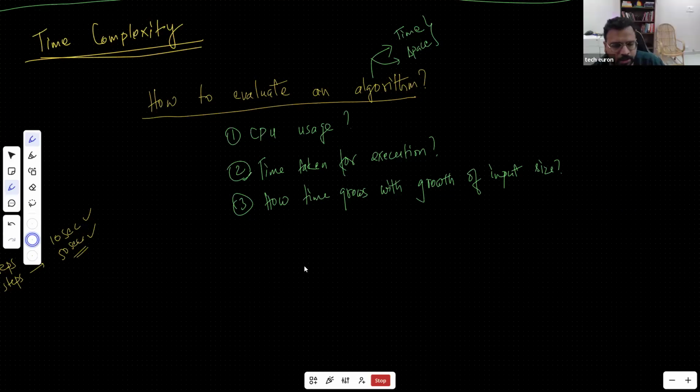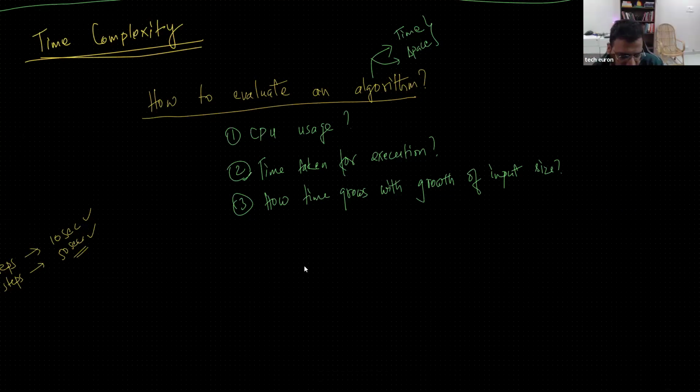When we talk about algorithms in computer science, when we talk about efficiency, we intend to say how much time it takes or how much space it takes, because you are paying money for time, you are paying money for space. If you're using a lot of storage, then you are paying money, and if you are taking a lot of time, then also you are paying some money. So whenever we want to optimize something, we want to optimize for time, we want to optimize for space. Is that clear?